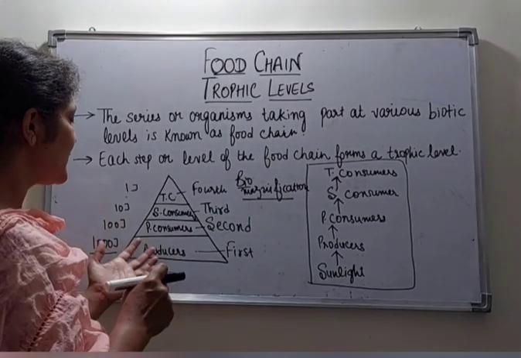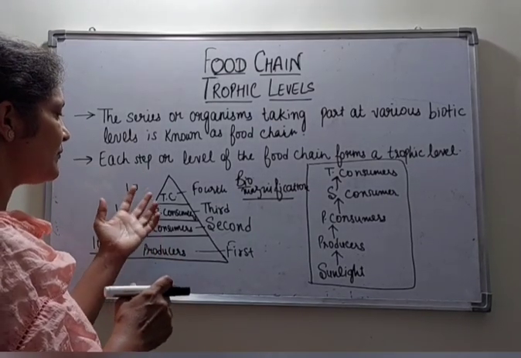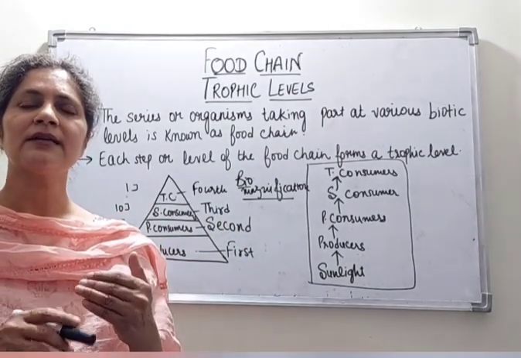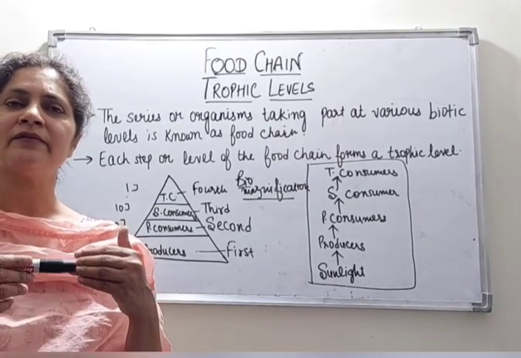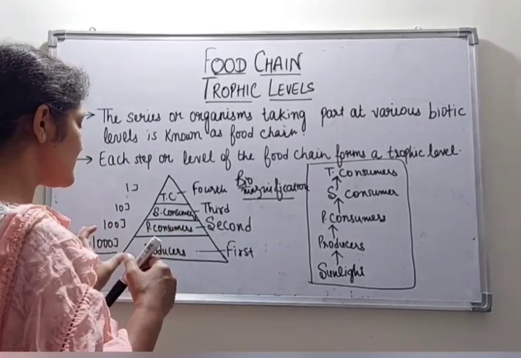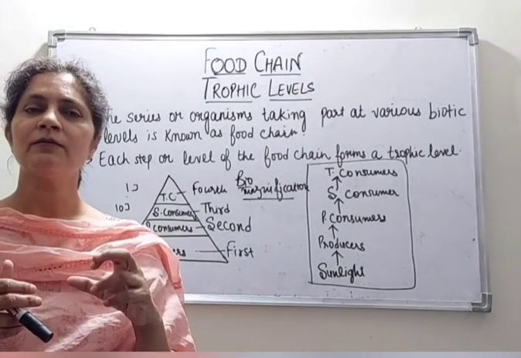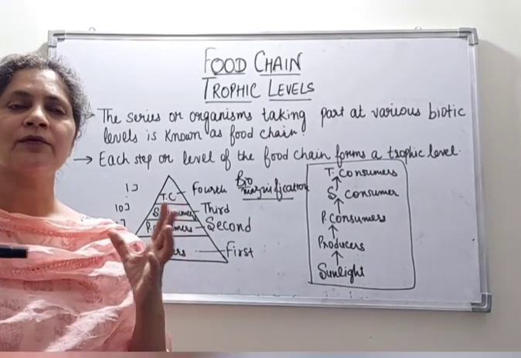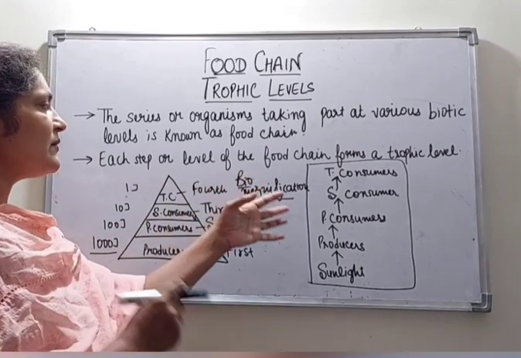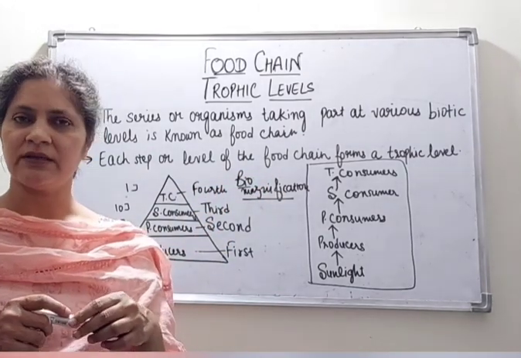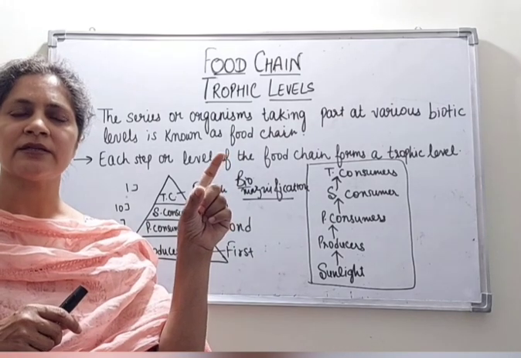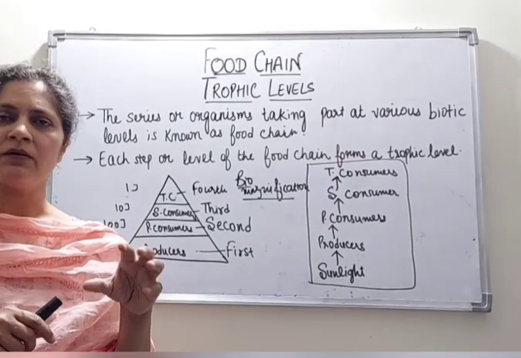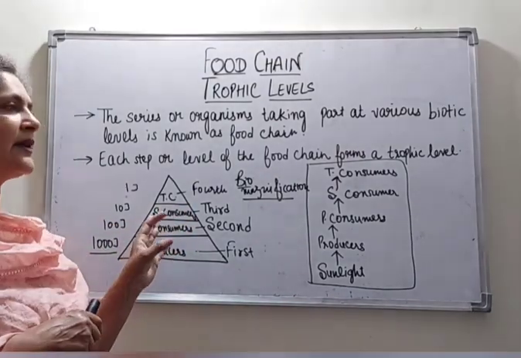Next, what were the trophic levels? We discussed the producers and consumers, they all form the different trophic levels, and we also call them energy levels because energy is being transferred from one level to another, but only 10% energy is transferred from one level to the other. So there cannot be more than 4 or 5 energy levels. Next we saw that the energy transferred is always unidirectional. It cannot revert back from the 4th level to the 1st level. This was all about the trophic levels and the food chain.